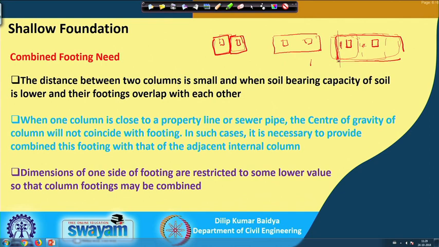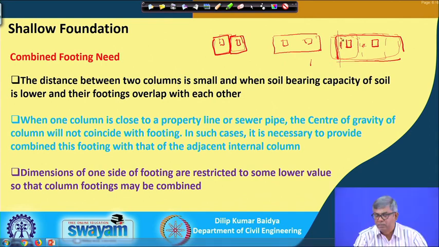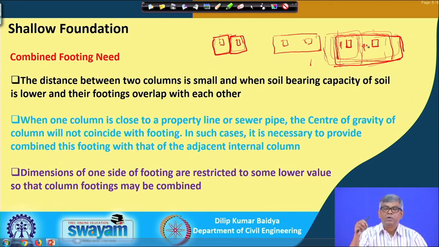If I make two single footings here and here, it is all right, the loads will go through the center, but when it is restricted, then this load is not going through the center. So, to make the pressure uniform and transfer some amount of load to this footing, we can connect both and give a common footing, in such a way that the Cg of the area and the point of application of the load coincide. So, that is the way we do it. So, what are the reasons we go for combined footing?